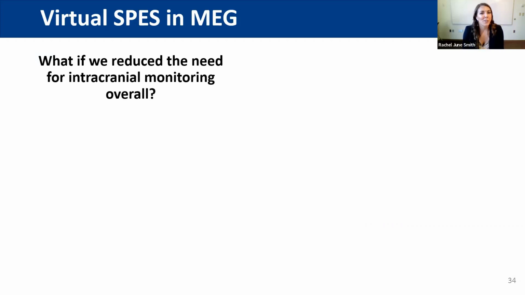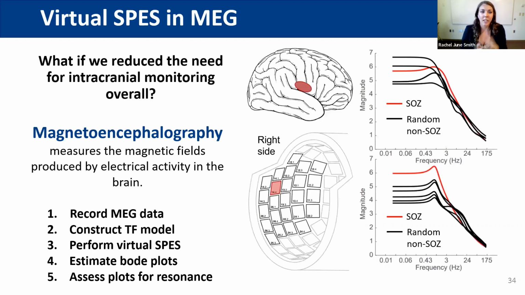Another interesting future direction that I've just started to look into, I actually just got this data this week, is what if we were able to do any of this non-invasively? Specifically, magnetoencephalography is a recording technique that measures the magnetic fields of the brain, and it's a modality that is whole brain, with high spatiotemporal resolution. So we asked the question: this would be the modality where we could look for resonance non-invasively, right? So one thing that we're hoping to do is to record MEG data,